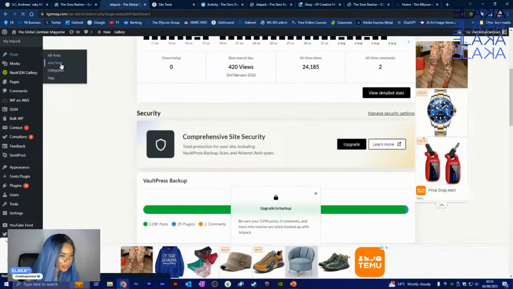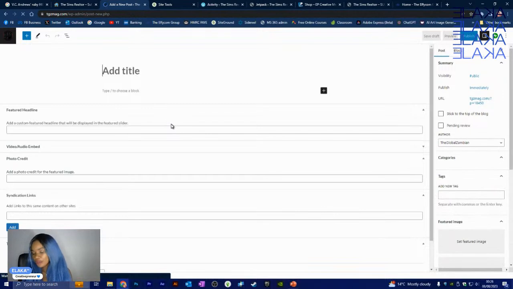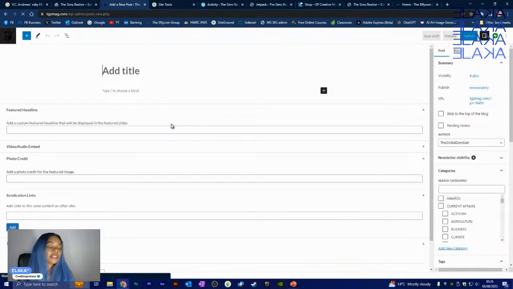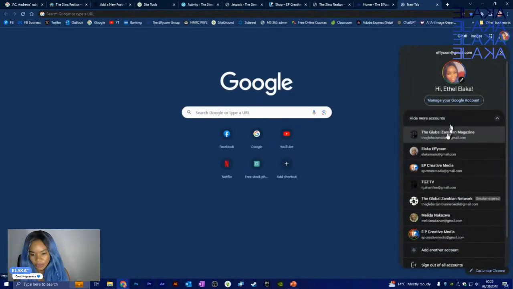Post, add new. Thank you. There we go. When we go to add a new post, depending on whatever the post is, once you have finished,